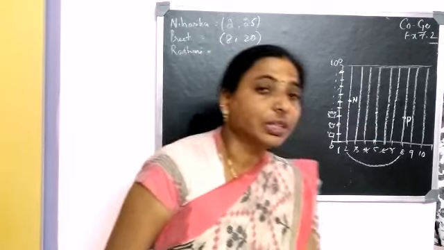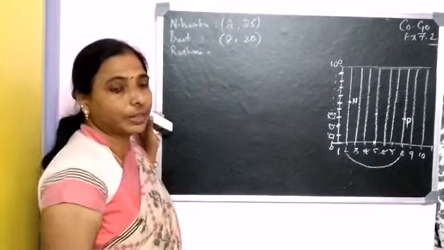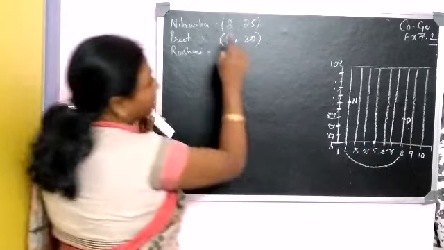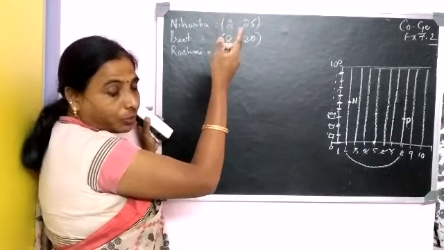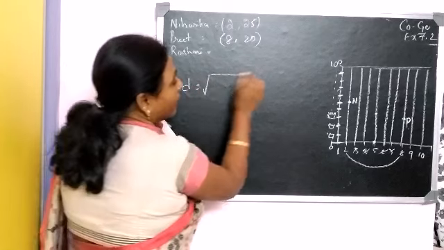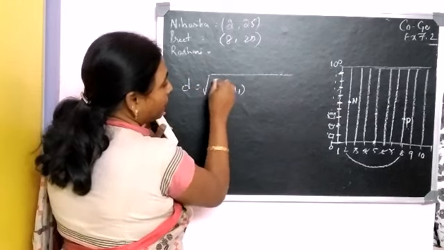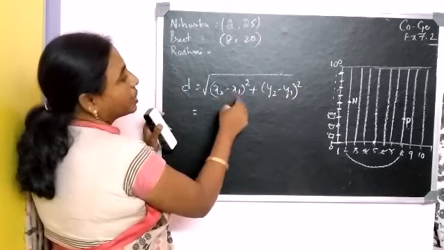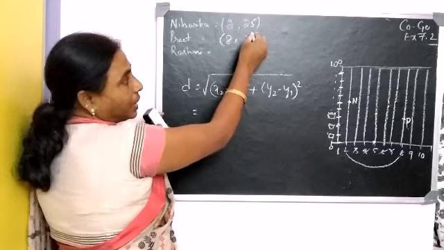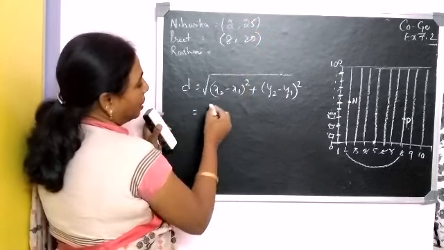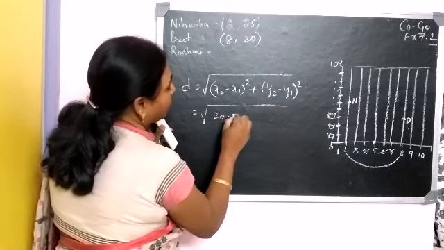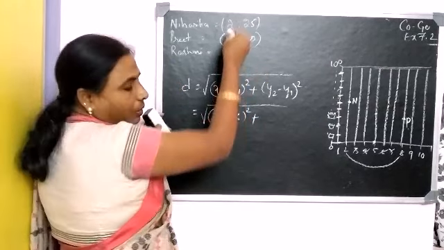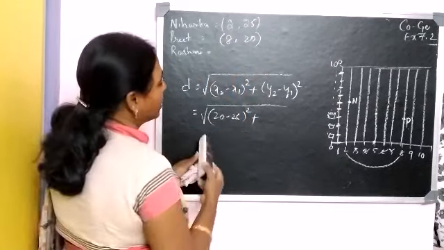First let us find out the distance between the two. Now we have to find out the distance between Niharika and Preet. These are the coordinates and we know how to find the distance. Distance is equal to the square root of (x2 minus x1) whole square plus (y2 minus y1) whole square. So x2 minus x1, that is 20 minus 25 whole square, plus y2 minus y1. You can exchange also, no problem. I have taken this as first, let it be.